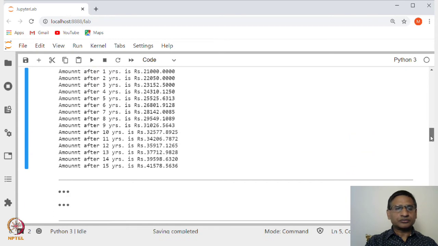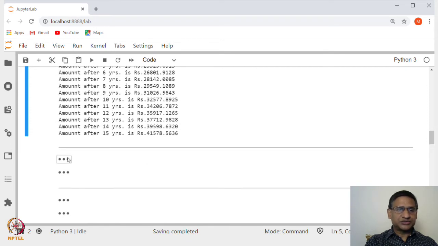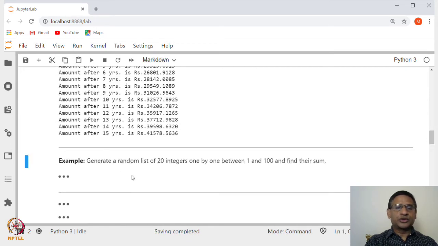Okay. Let us look at some other example. Suppose we want to generate a random list of 20 integers, let us say one at a time, put it in some list, and these random numbers are from 1 to 100, and then we want to find their sum.